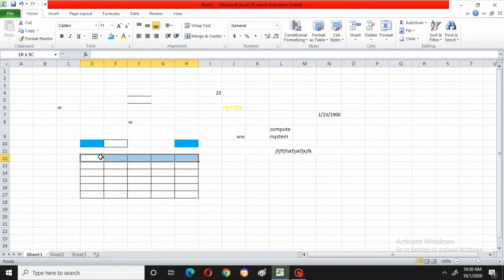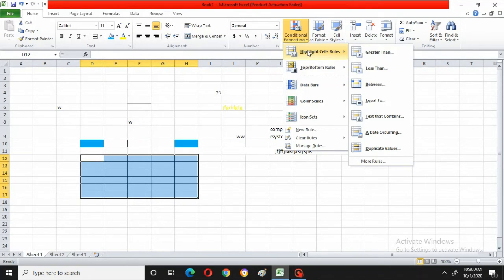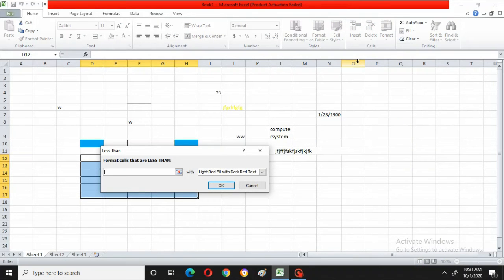Again go to that, select it. Now give a, what it is asking, format cells that are less than some number. Suppose I will give 2 and I will say OK.